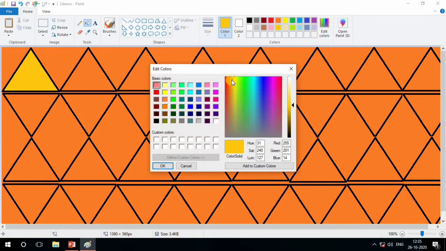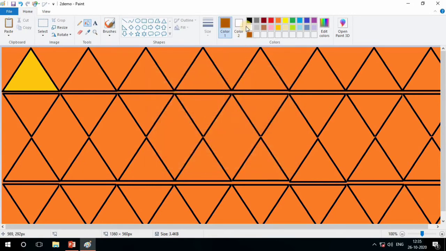or from this I think I just want to take another shade. So I come here, drag here and choose my custom color from here. Okay, add it. Okay, now see,